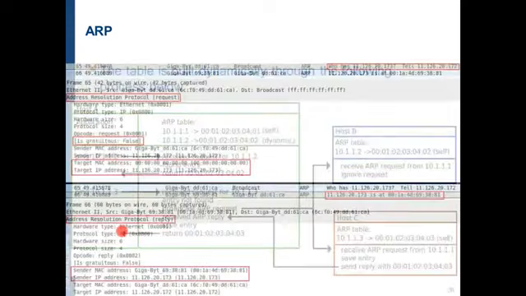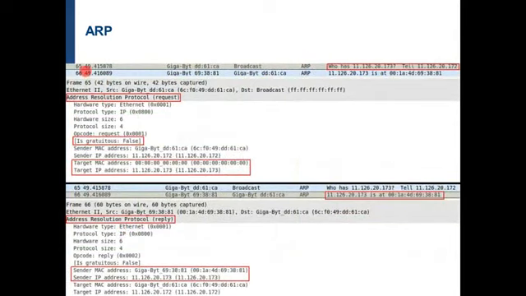An example of such a packet we have here in the upper part of this picture. We have an address resolution protocol request. You can see here this is a capture made by Wireshark, which sometimes interprets the data in the packet.